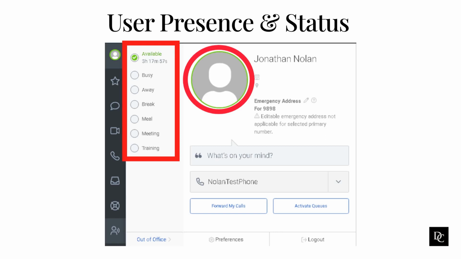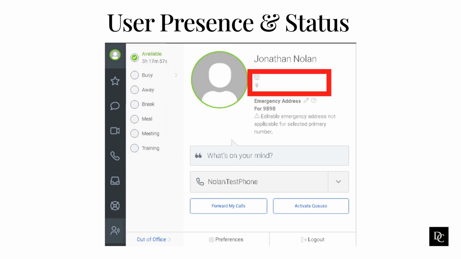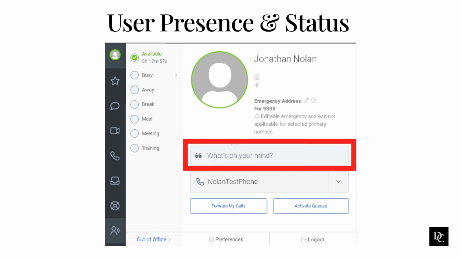Red means busy or meeting. Pink means out of office. Your organization name appears below your name, next to the building icon. The geolocation indicator under your name and title lets others know your current geolocation. To provide additional information about your presence, status, or location, for example, back at noon, type a brief message next